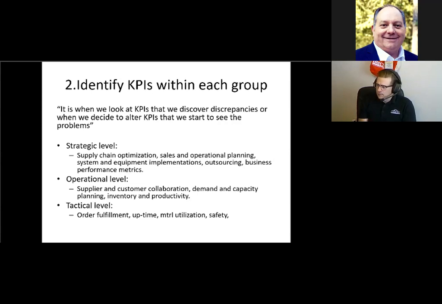So suggestions for those KPIs: at the strategic level, they tend to be worried about supply chain optimization, sales and operational planning, system and equipment implementations, outsourcing, business performance metrics. On the operational level it's supplier and customer collaborations, demand and capacity planning, inventory, productivity. And then on a tactical level, they're working day to day, week to week on order fulfillment, uptime, OEE, material